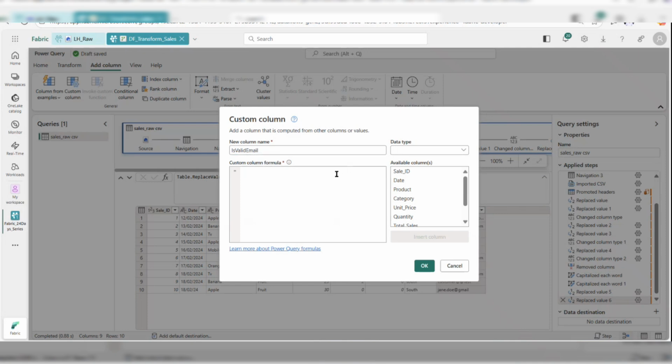And here we will select the text M function, Text.Contains, and we have to select our column name, which is customer email, and comma, at the rate,